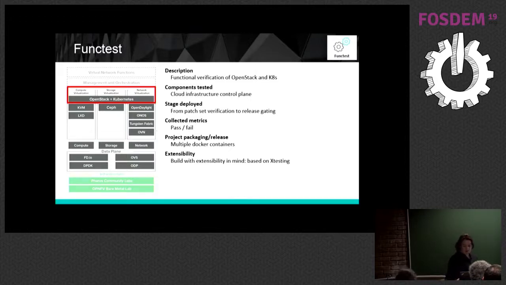Let's see if I've gotten everything. Yep. Does anybody have any questions at this stage about Functest? Comments? No? Okay, well,